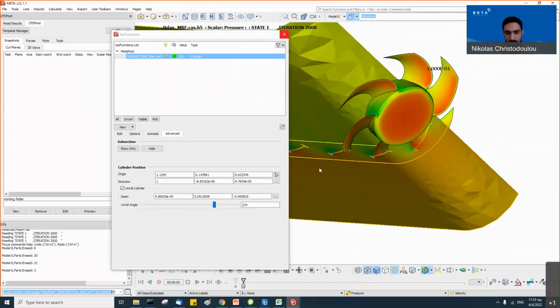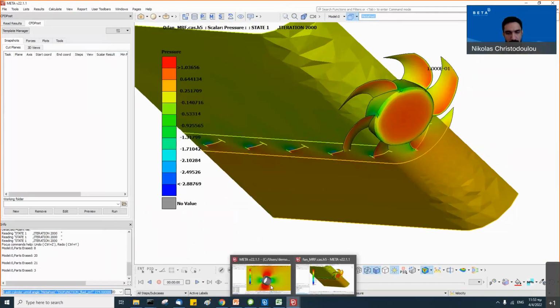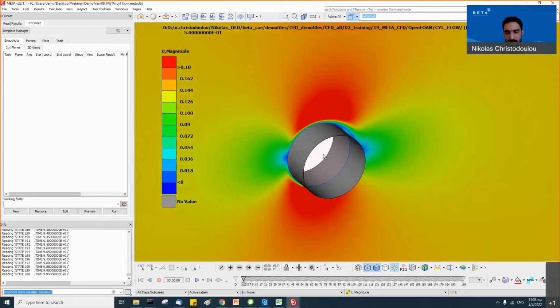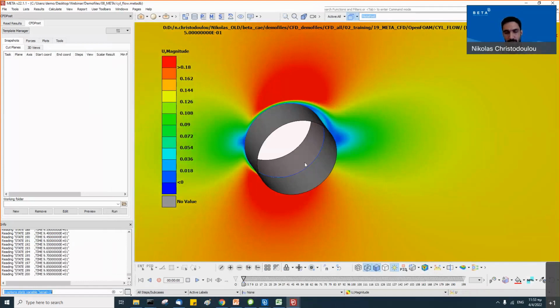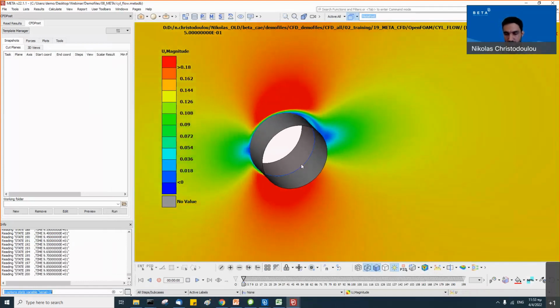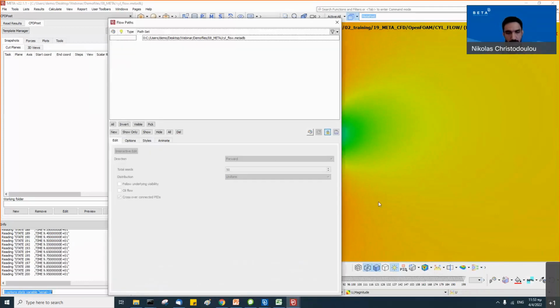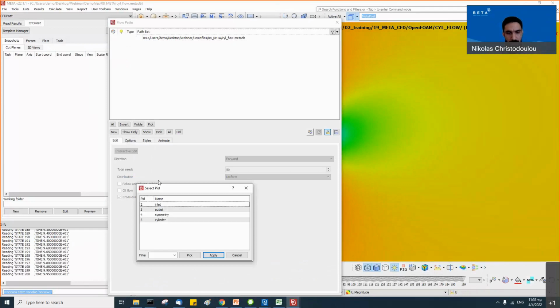Let's close now with a nice cool feature that we've seen in the presentation. We have an unsteady transient flow around the cylinder. And now it's possible in Meta to generate a separation and attachment line.